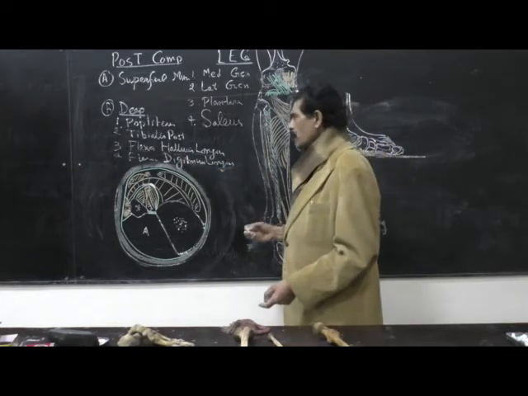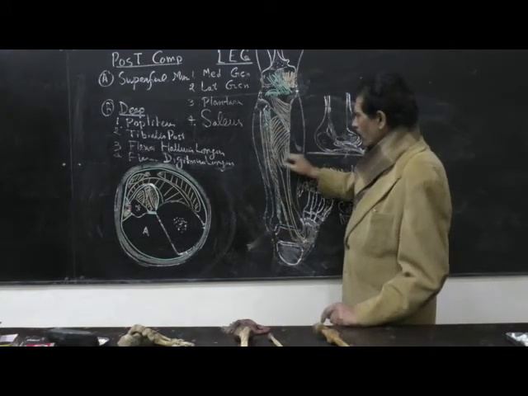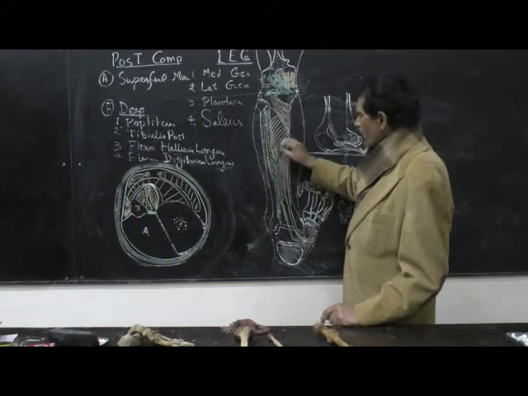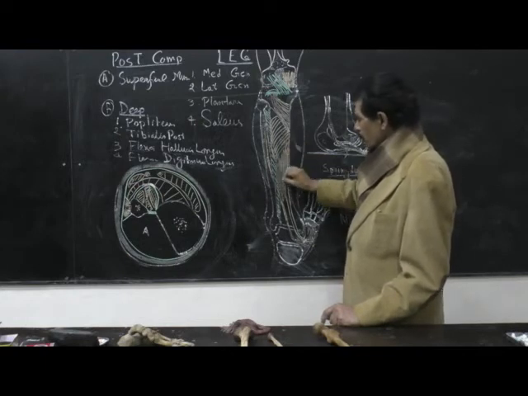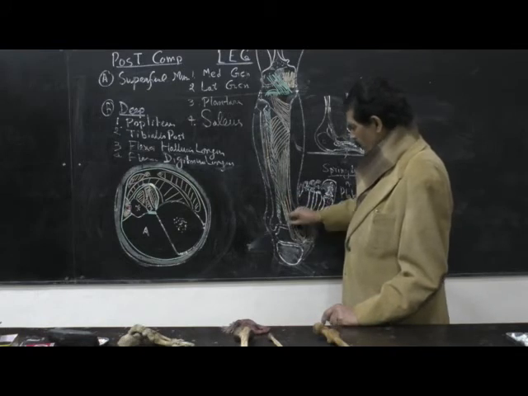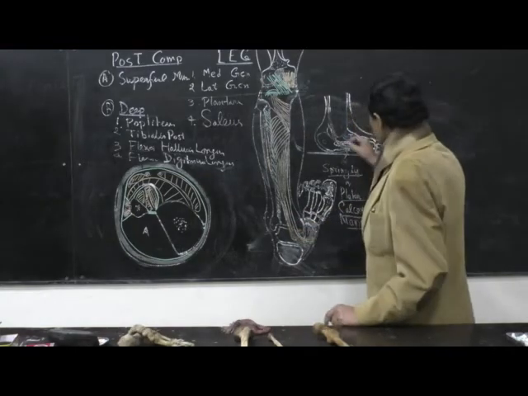So the origin of the flexor digitorum longus muscle is from the tibia bone, not from the fibula. The flexor digitorum longus takes origin from the posterior surface of the shaft of the tibia with the adjoining part of the fascia below the tibialis posterior muscle. And this tendon runs almost parallel with the tibialis posterior tendon, passing behind the medial malleolus, and comes below the medial malleolus on the medial surface of the foot here.